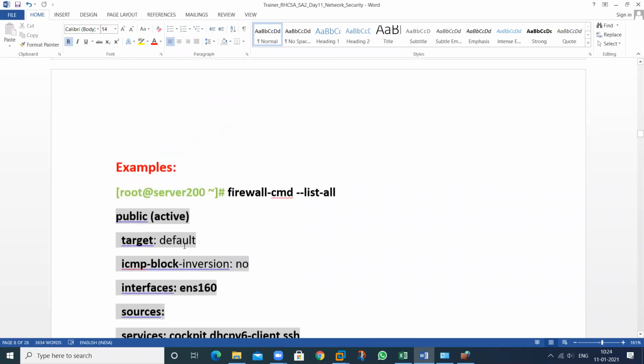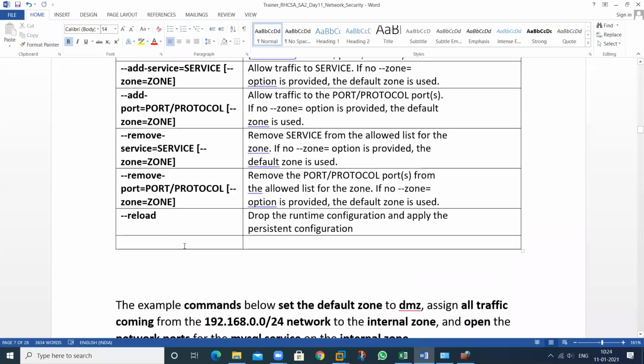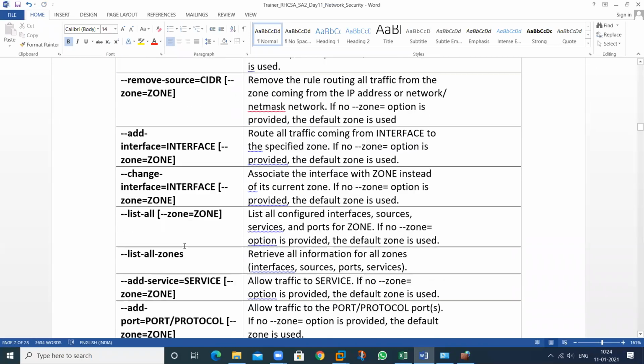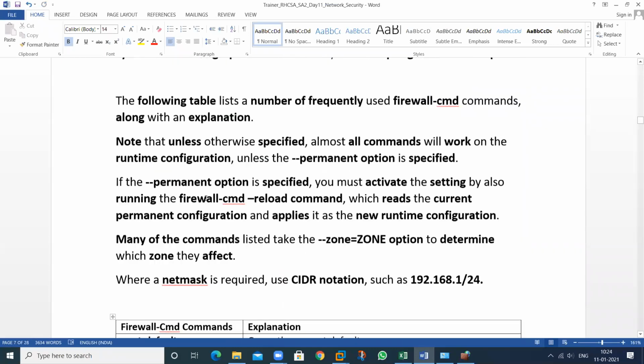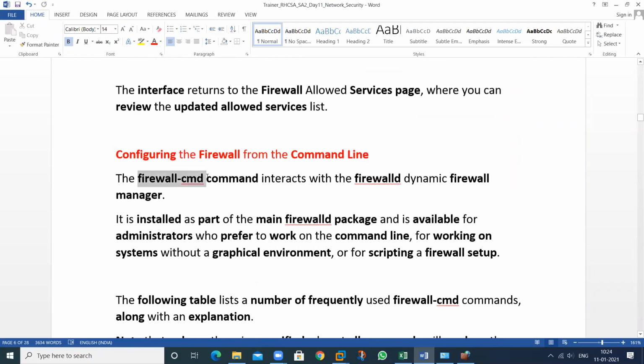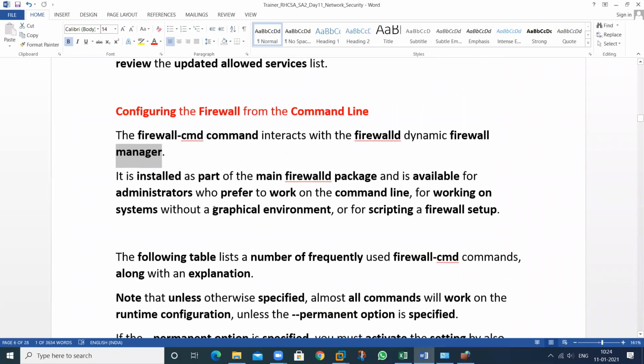It's the same functionality. In this, all the functionality is covered by using zones. That is called a zone. So this is the command and this is the functionality. It is called the firewall manager, by which we can manage all types of traffic. We can also use this in graphical mode. But this mode is not enabled by default in RHEL 8.